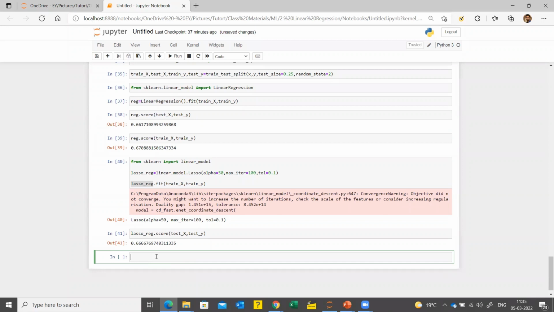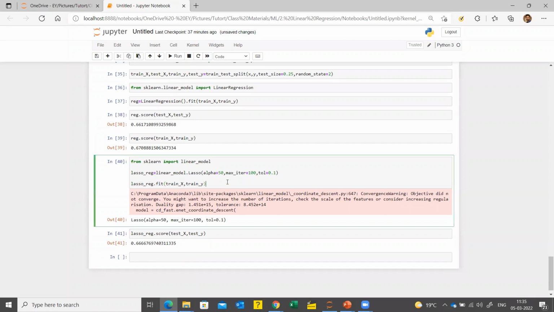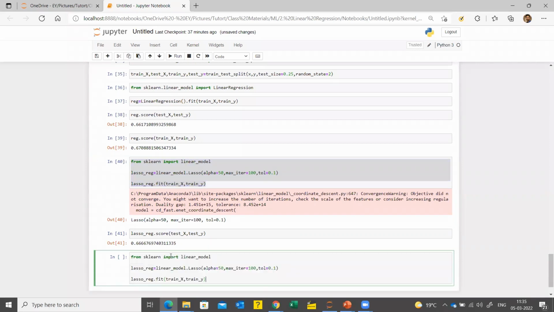So I'll just copy paste. There's no change as such. Right, instead of lasso, I will do ridge, and then